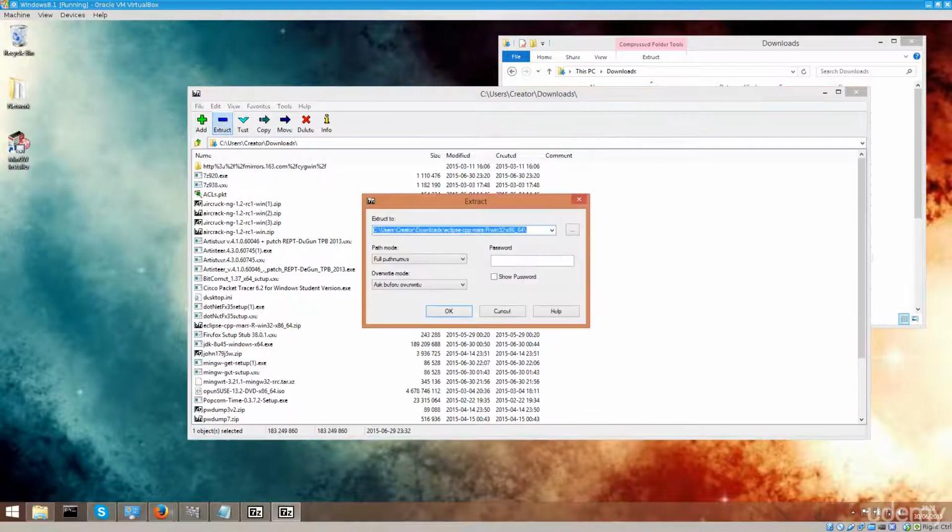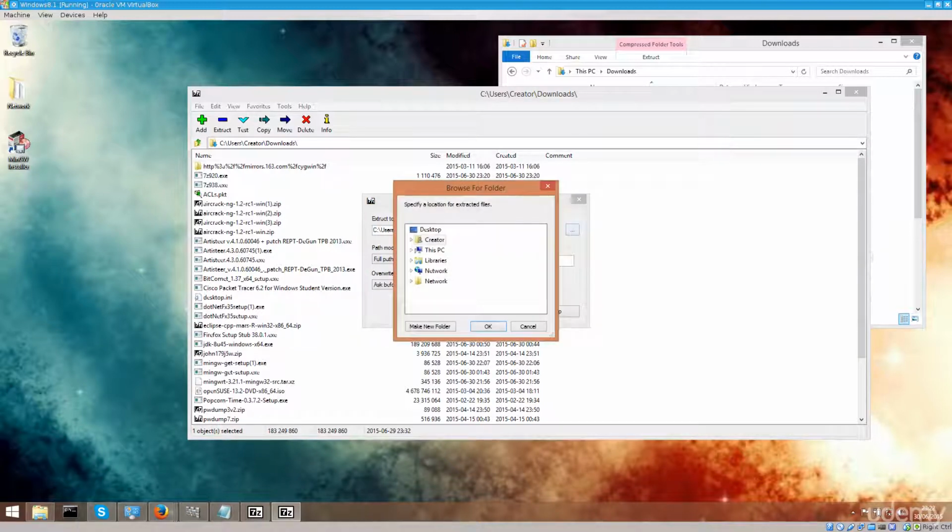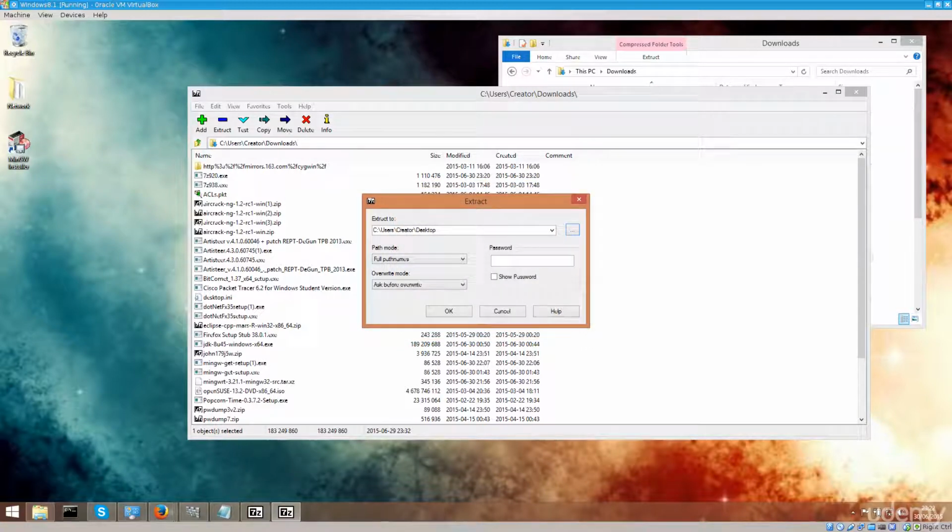I'm going to go ahead and click on extract, and it says that it wants to extract into downloads again. I'm going to change that because I don't want it to extract to the downloads folder. I already have some configuration files from before when I was testing it out, but I would like to extract it to desktop. You can extract it anywhere you like and then create a shortcut on desktop or whatever you wish, but for testing purposes here I will extract it to desktop. So click on OK